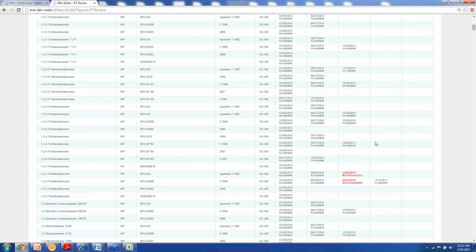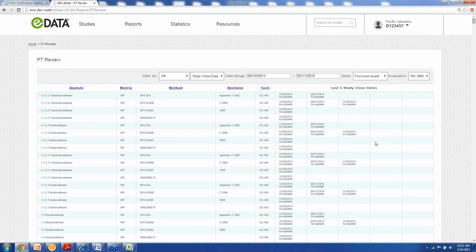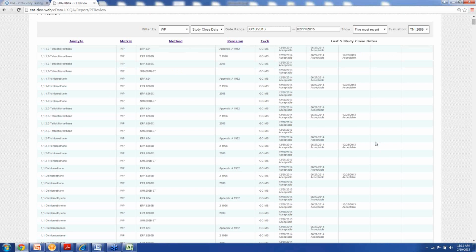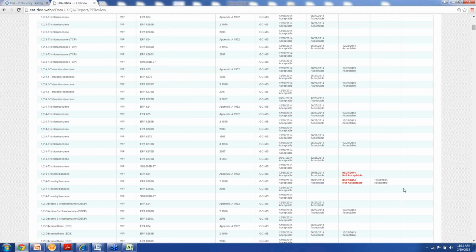The evaluation table lists both the evaluation and analysis or study close date, depending on the reporting option you selected. Analytes that were given a not acceptable evaluation are highlighted in red to make them easily identifiable. The PT review really is a great tool for helping you stay on top of your analytes with not acceptable